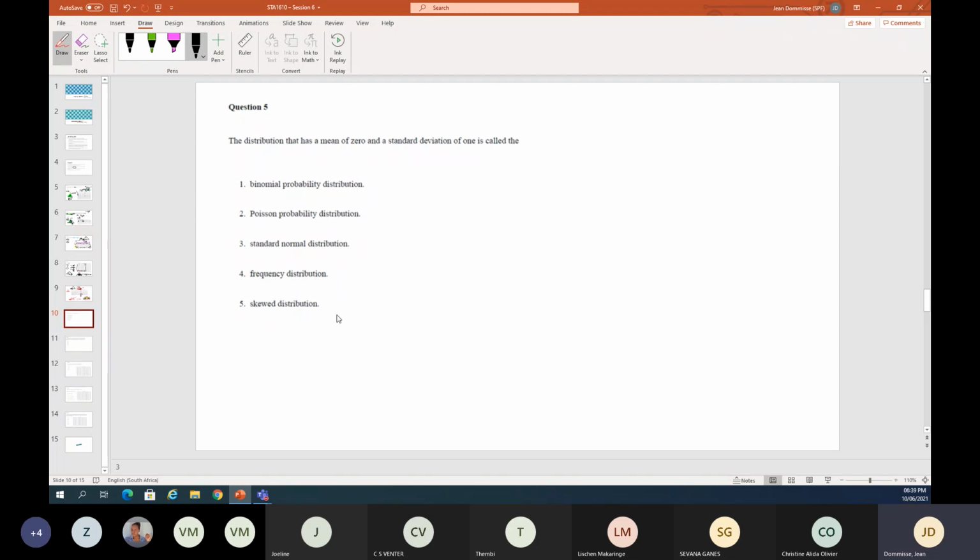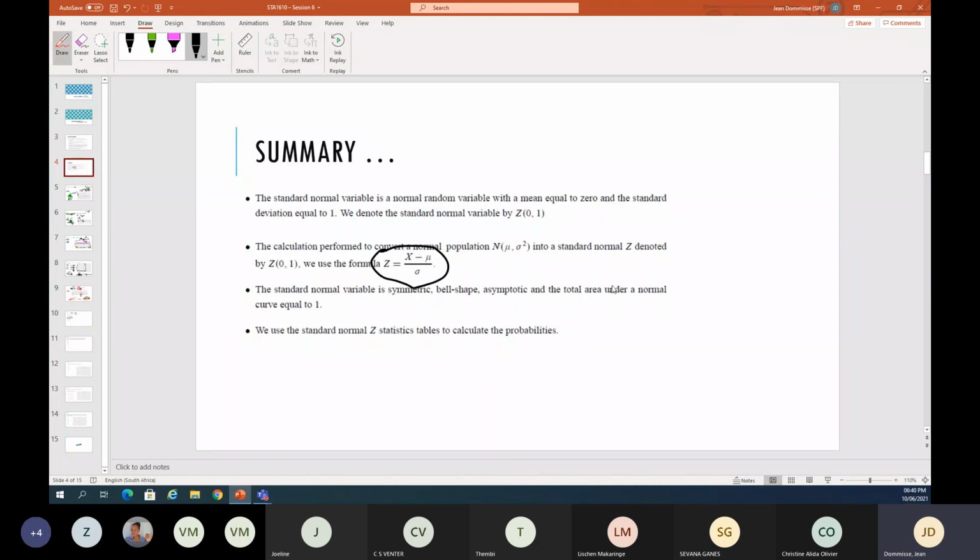Okay, this one is then more a definition. So let's look at what is in it. With distribution as a mean of 0. Standard deviation of 1. So what is that called? Okay, so that is just your standard normal distribution. We've seen that now in this definition as well.